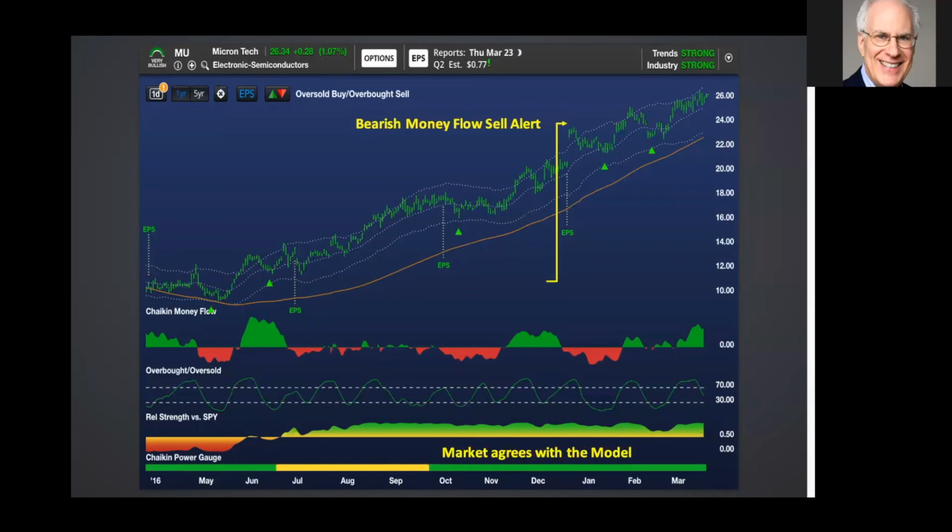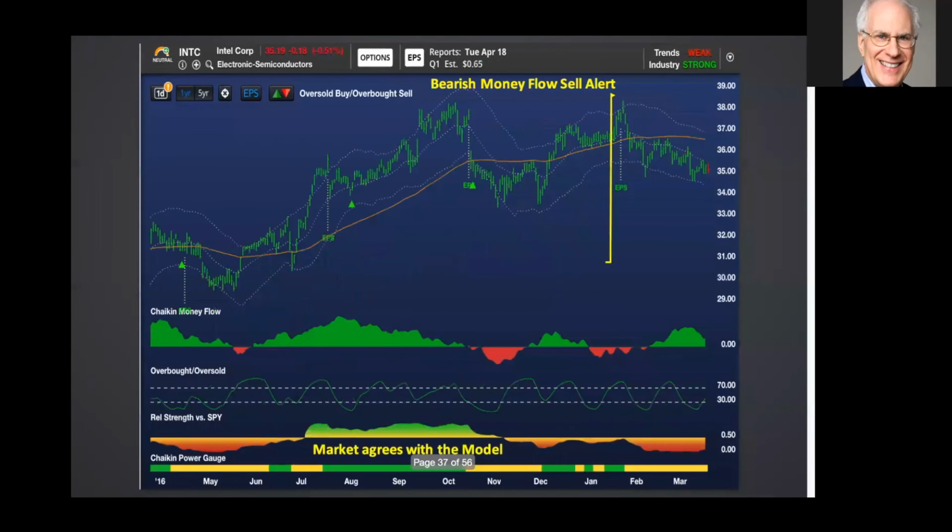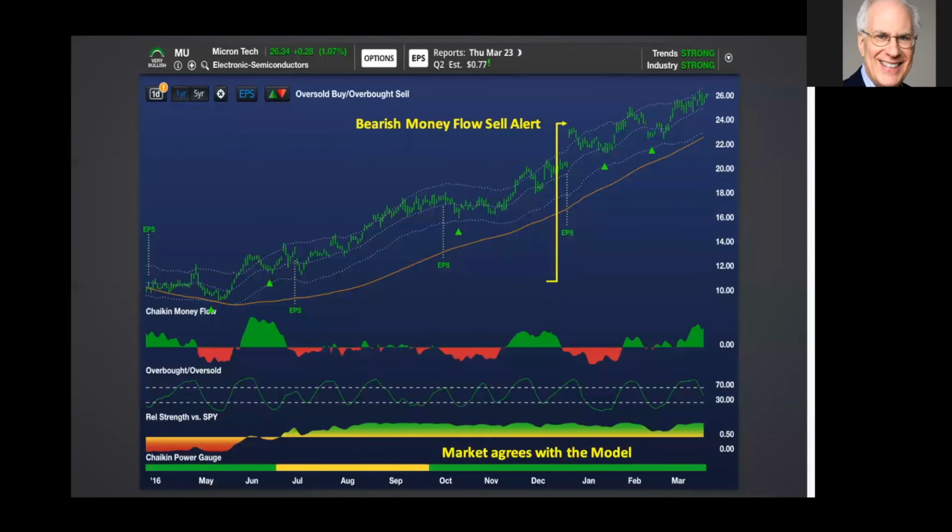But with Micron, we had a totally different picture than we did with Intel. With Intel, the power gauge turned neutral after that sell signal. With Micron, it stayed bullish, and we were fortunate enough to get an oversold buy signal, a new 8-day low with the power gauge bullish. So even if you had taken your profits off the table on Micron, you had an opportunity to get back